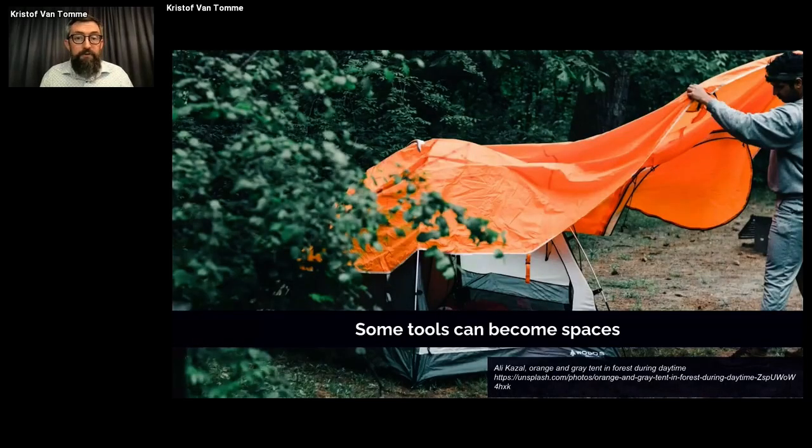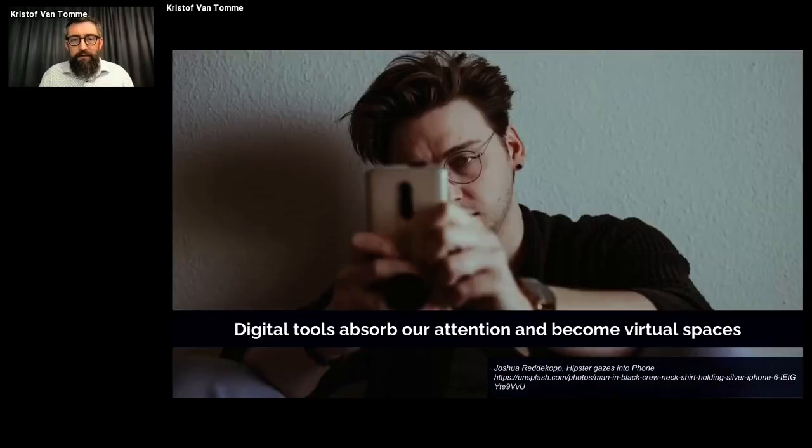Some tools can also become spaces. For example, a tent is a tool that you can put up and then sit inside, and it becomes a space that enables you to sleep or to create a private space. Digital tools are also like that.